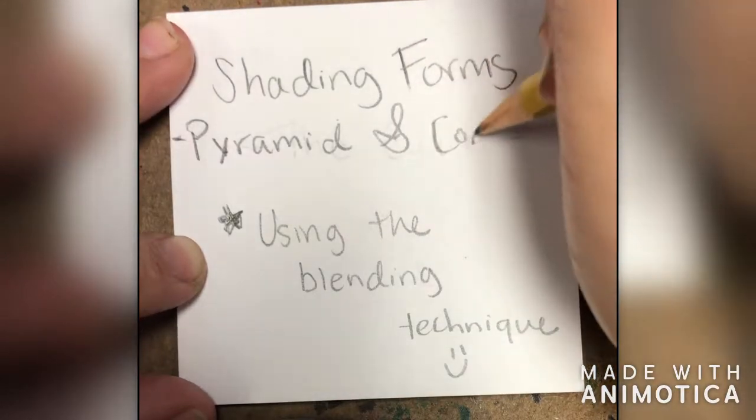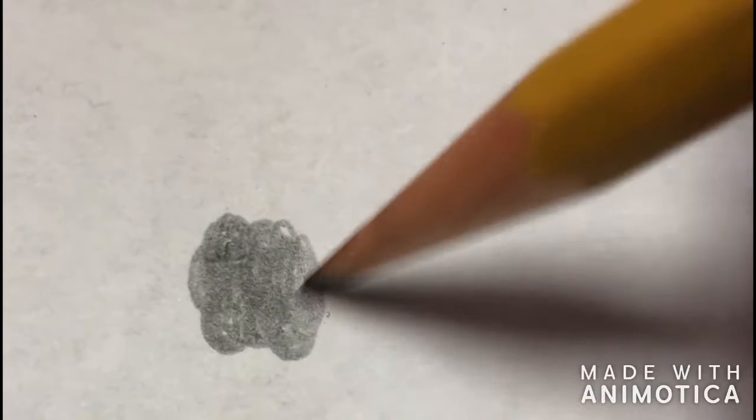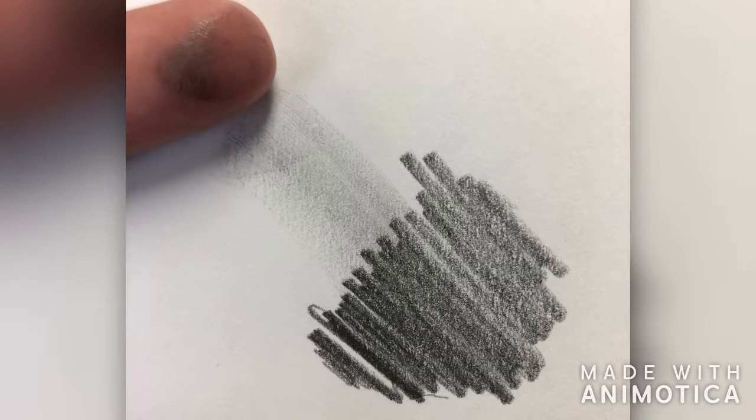Today we're going to be focusing on the pyramid and a cone. And again, we are using the blending technique. So remember, blending in circular motions, not in lines back and forth. We don't want to see the lines. Also remember, we should never be smudging with our fingers. That gets oils on the paper and it leaves a dirty kind of look instead of using tools or using